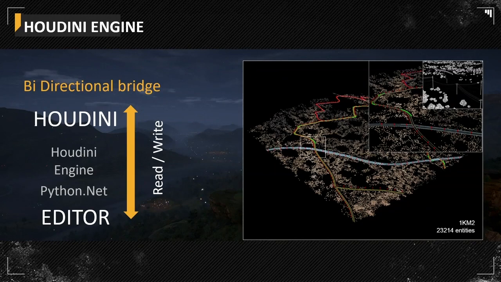And then we worked on the bidirectional bridge with Houdini to editor. We found it was not easy at first because Houdini relies on Python, and our editor was based on .NET. So we started to investigate and fork the Python.NET library for Python. So we are now able to completely use the .NET assembly directly with Python in Houdini, but not only, from any Python shell. And it's our solution to exchange data between both now.